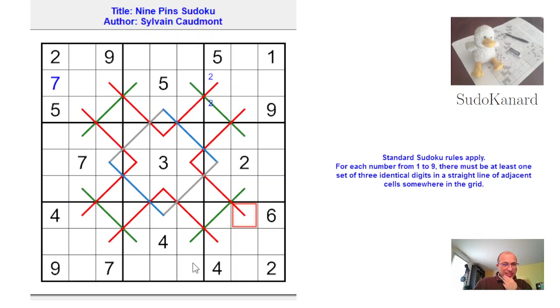Definitely not. And could it be on this gray? No, it could not. On this blue, it couldn't. But on this gray it could. On this blue it could not. On this gray it could. So 9 will have to be repeated in this area, which then again makes sense because, well, there are restrictions